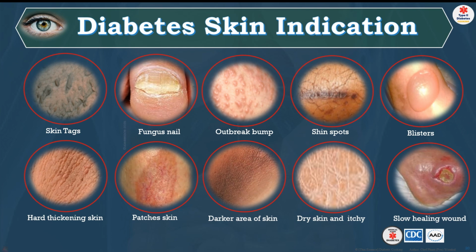I said, oh, something is wrong with me. So I went to Bangkok, and when I went there, I asked, can you get rid of it? And then they snapped it all out. And then the fungus nail, I never had that. And then the outbreak bumps, I got a lot of those. Suddenly, I got rash, a lot on my back and on my stomach.